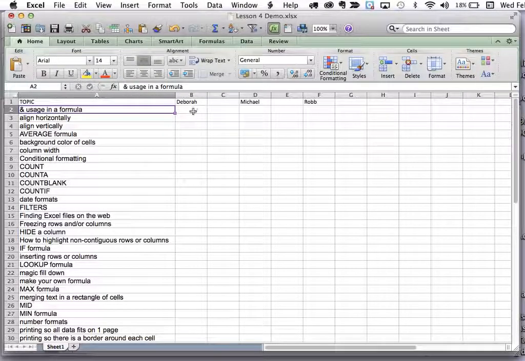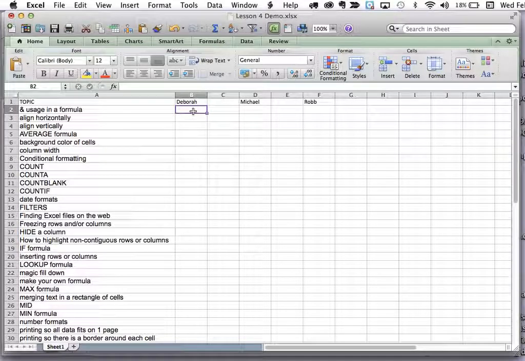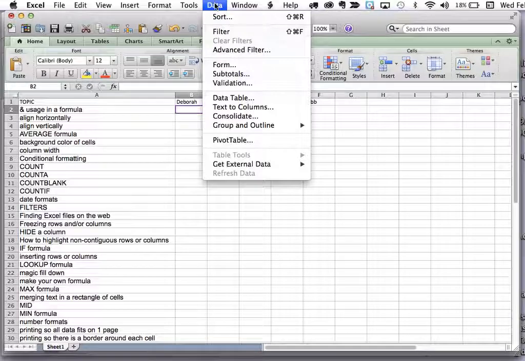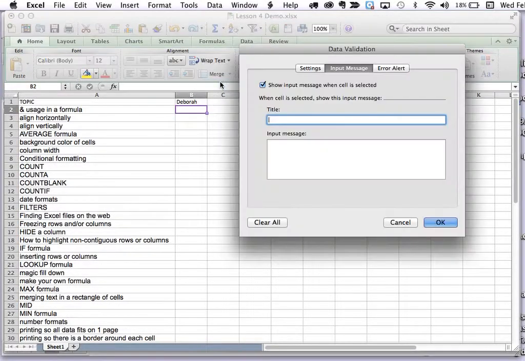And now I'm going to come to B2 and I'm going to force Deborah to type in a 1, 2, or 3 to indicate something about ampersand usage. So I can't just assume the user is going to type in 1, 2, or 3. And I'm trying to use this fancy feature under data called validation, because it's not going to let Deborah type in something other than 1, 2, or 3. So I'm going to go down to validation